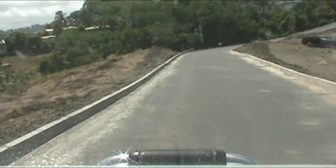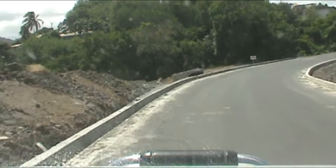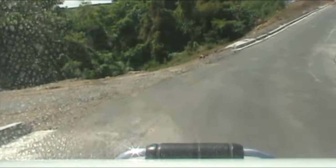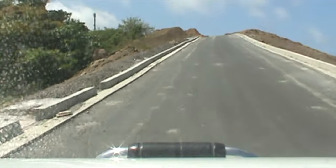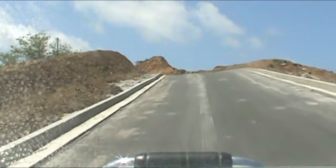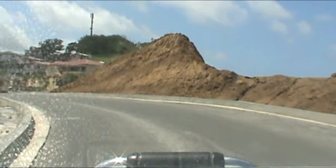Right? So here we're going up the hill now, and we're heading up the hill to come out to the Mount Cook Methodist Church area. And this hill up here is what we call the Makoni Yami Hill. Right? And here we're going up. And you would have seen all the vehicles pass me on the way, so to tell you,